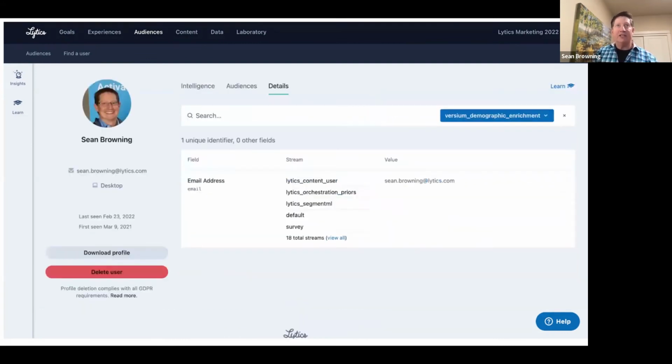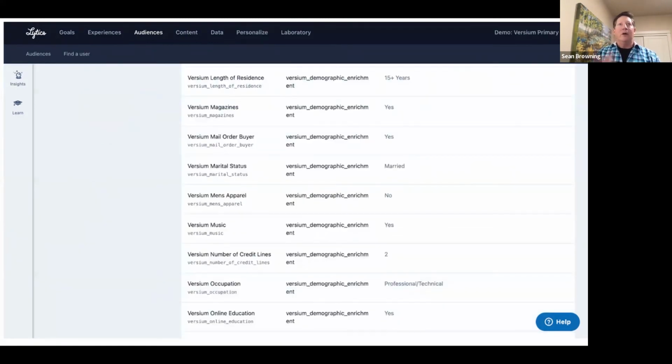But that only gives you the behavioral data. When I look at the details about this person's profile, it's not as long as I'm expecting. I'm expecting this to roll off the edge of the page. But when I add the Versium demographic enrichment and click on details for this profile, I would expect to see a much larger record. That's what this is going to show: when we add the Versium detail, this is from the Lytics user interface, a profile of an individual.